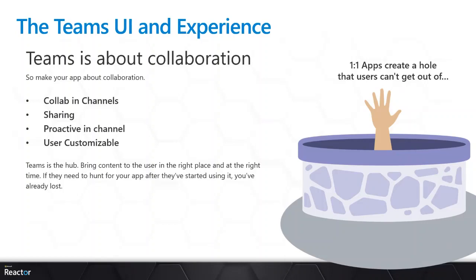Being proactive. What we haven't really spoken about, but is covered if you step through some of those learn modules, is the way you can send actionable messages to users. You can send cards to users, you can send activity notifications, so you can be proactive and help users, give them actionable messages, make it easy for them to take the next action, removing some of the lag time, if you like, in business processes. And then when you've done all of that, you can make your app customizable as well. There's lots of support, especially around tabs, for having your application set up the way that makes the most sense for your users, and every user being slightly different.